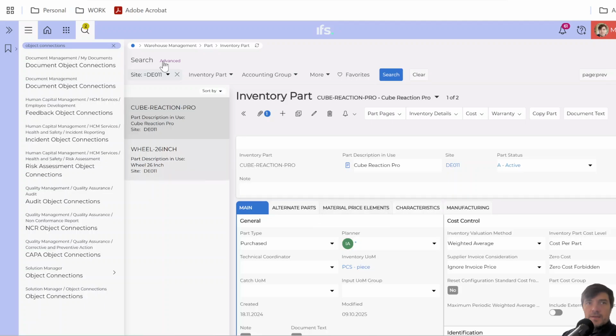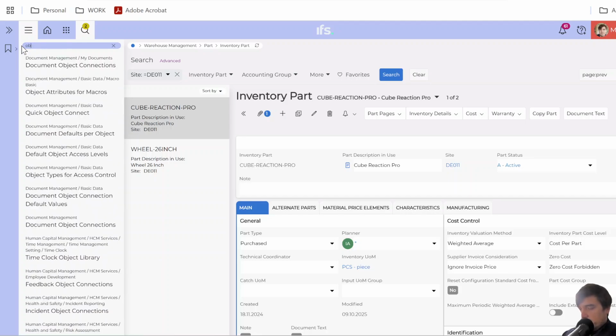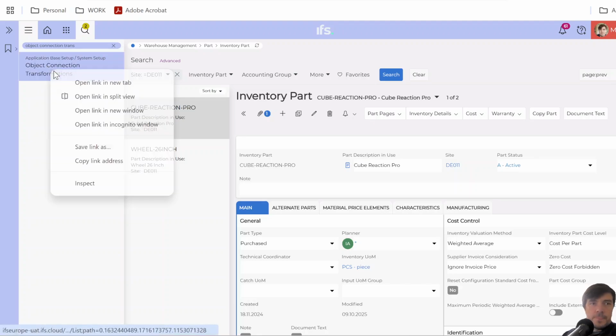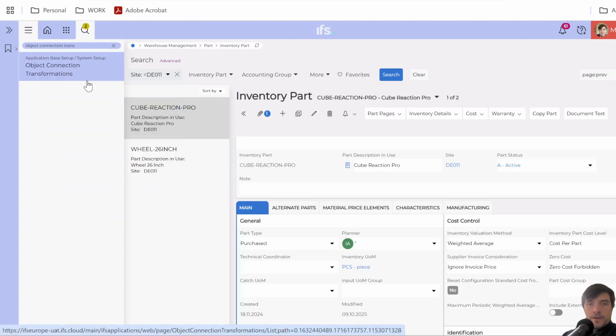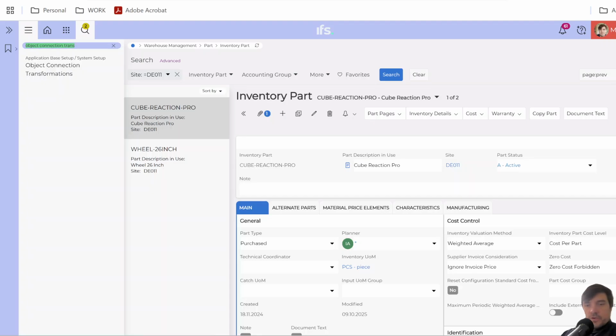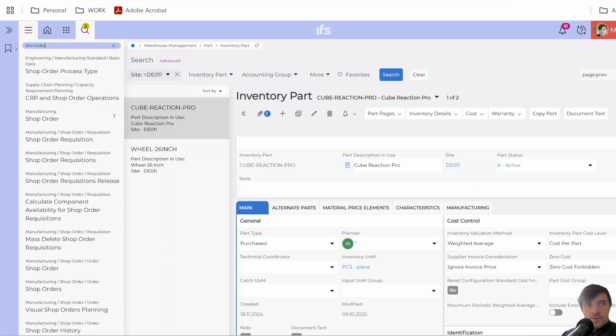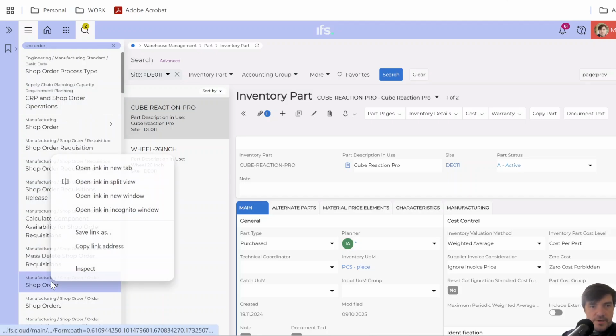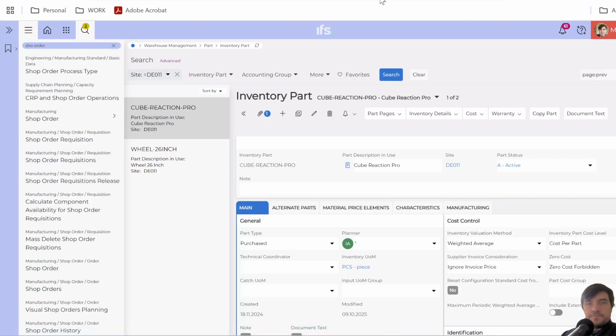Okay. Then, one thing that we want to do in order to enable this object connection transformation, we would need to go to a screen that's called Object Connection Transformation. Let me open it in a new tab. And I would also need to open the shop order page just to see what is my entity. Yeah, you probably know how to find this out already, but in case you don't,